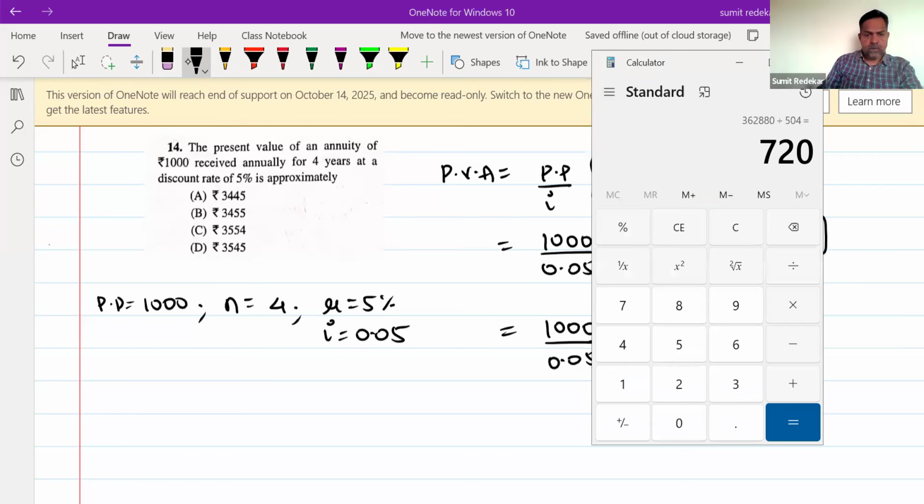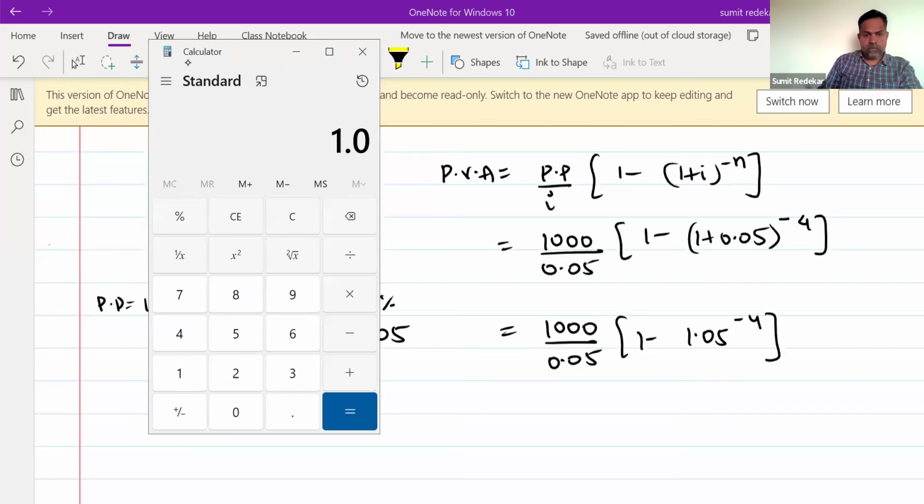So 1.05 raised to 4: 2, 3, 4. Reciprocal, minus 1, sign change कर देना, into 1000 divided by 0.05, and the answer is